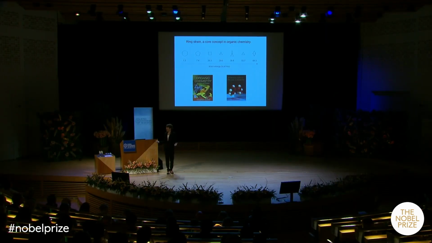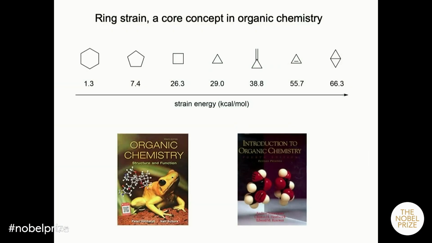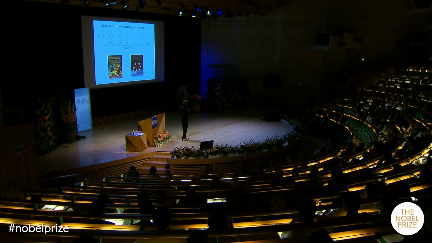Now, like many of us, I teach sophomore organic chemistry, introductory organic chemistry. And when we teach this class, we always have a lecture on the concept of ring strain. And here are the two textbooks that I used to use to teach this class when I was at Berkeley, both written by Berkeley faculty, Peter Vollhardt, Clayton Heathcock, and Andy Streitwieser. And in these books, you will see a description of what happens when you make ring systems that have uncomfortable bond angles. These strained ring systems can cause functional groups to have very different reactivities.